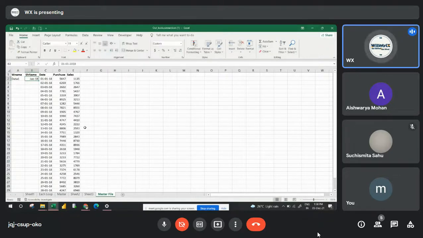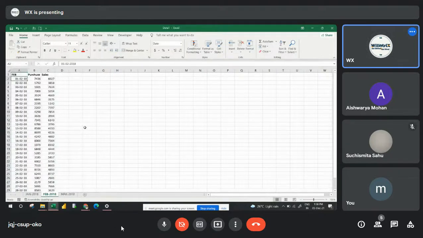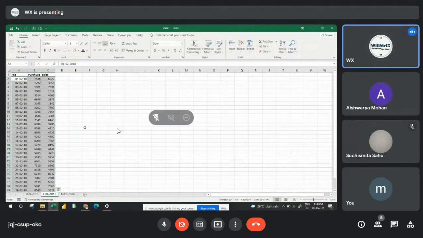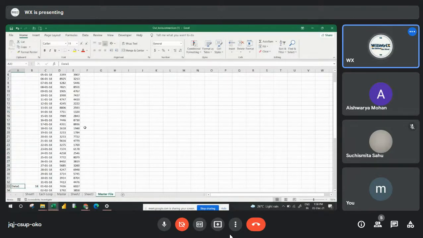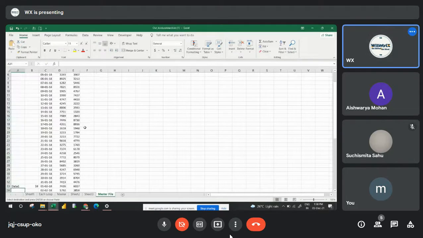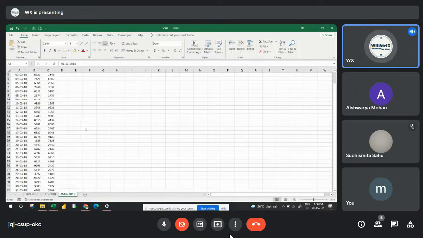Once we do this, we go and activate the second sheet, copy and paste this data here, and print Data 1 again, but Feb 2018. Then activate the third sheet, copy it, go to the end row, paste it here, and print Data 1 with March 18. Once you are done with the three sheets, save and close this workbook.